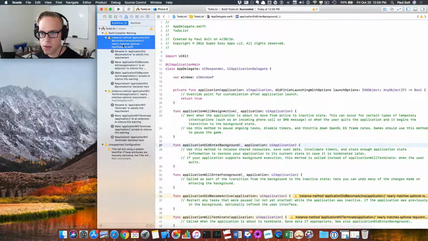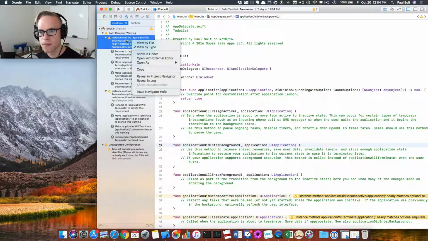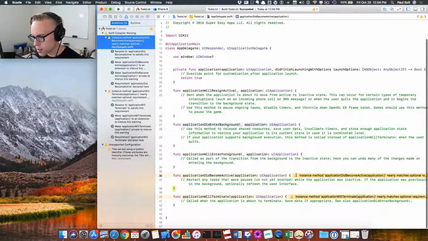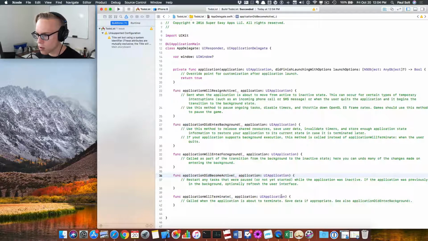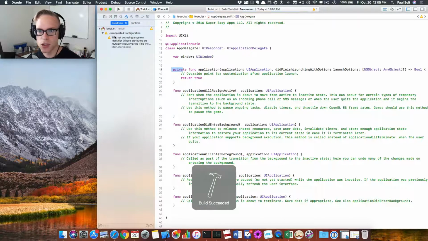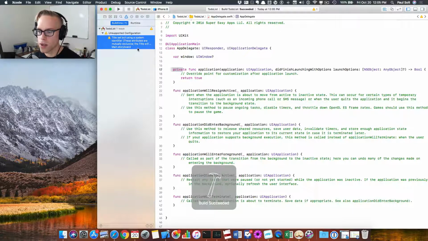There's also a way to, I'm not seeing it. There should be another way to do multiple fix-its, but I'm just going to go line by line since you never know what you're going to run into, but these are all pretty much the same. What we've inserted is essentially this underscore, and it made, I think, this one private. So it might have changed the signature slightly. So these have changed a little bit. So now if we build, there's one more issue, and this is an issue where